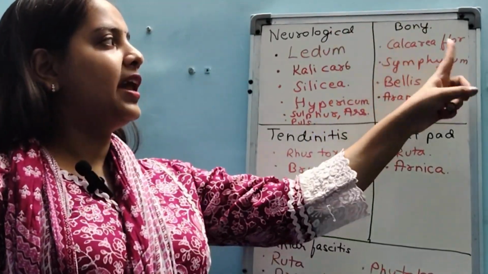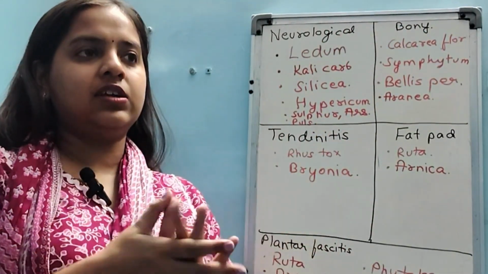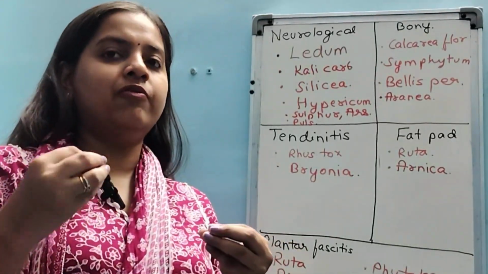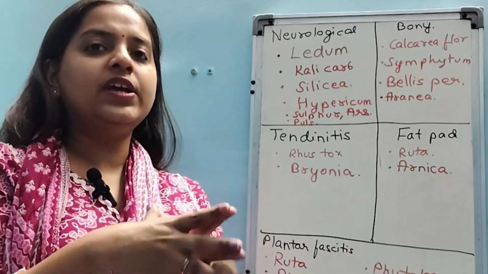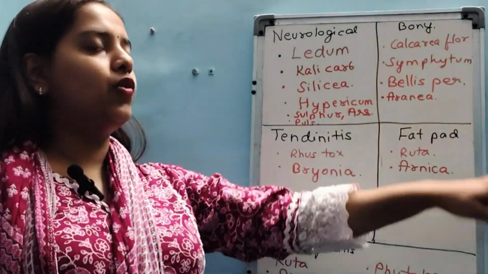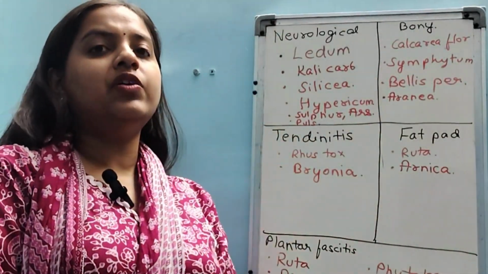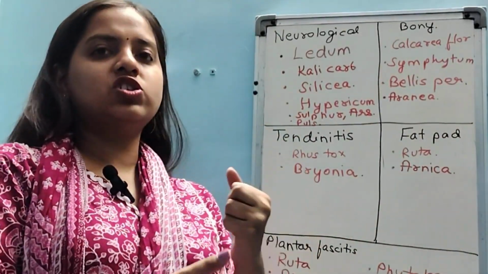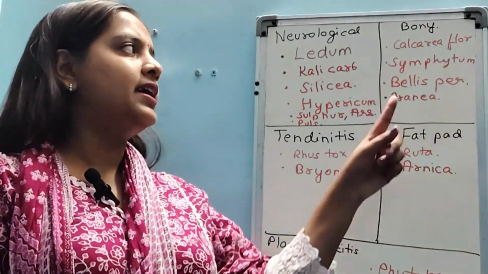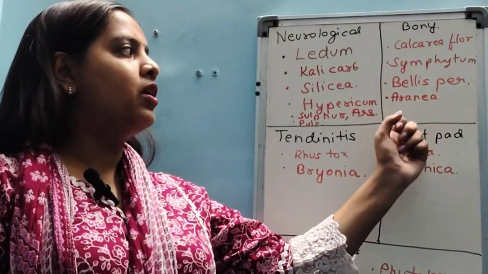Next, bony growth. As you know, Calcarea fluorica. Now, I have used Calcarea fluorica by a very interesting indication. Whenever the weight of the patient is very high, like he is an obese patient, plus he is having bony problems, then Calcarea fluorica works very nicely. Next, we have Symphytum. Symphytum will help you to increase bone strength and heal injuries on the bones. Bellis perennis, as you know, heals the deeper tissue traumas. So that Bellis perennis is helpful.